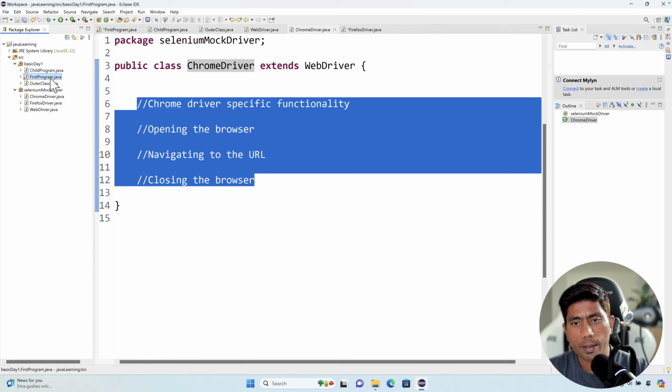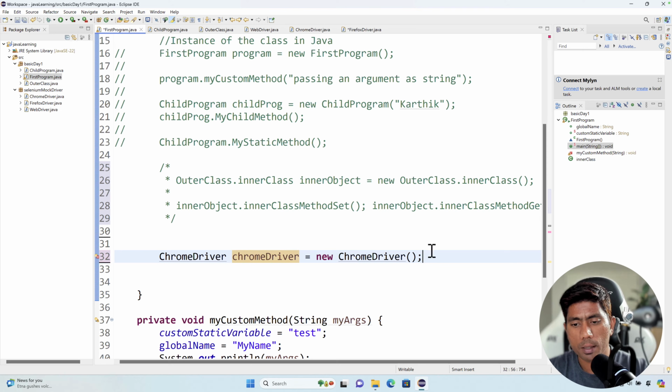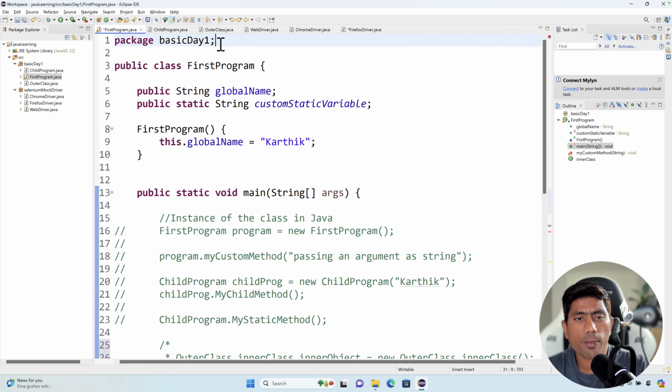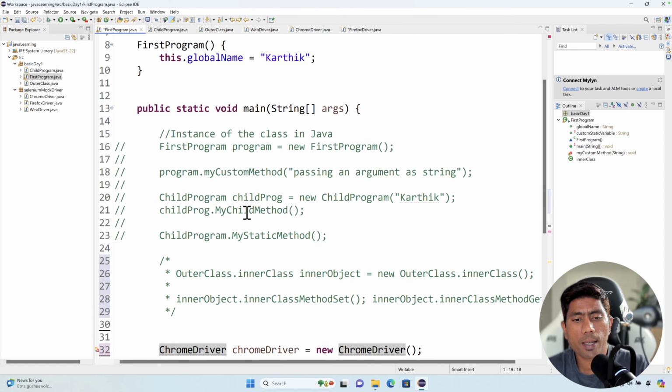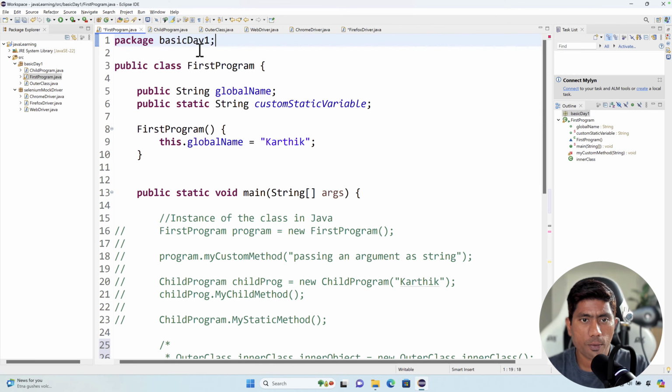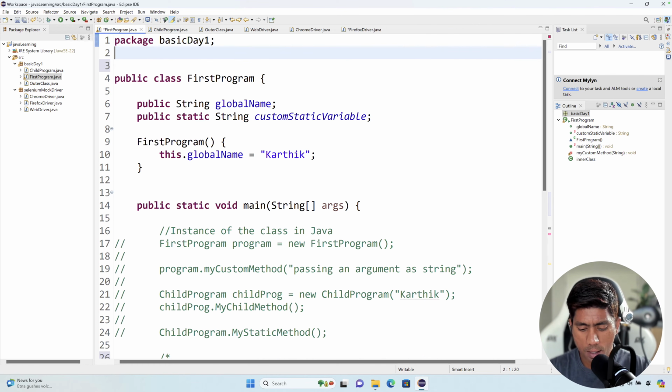But now if I try to create an object like Chrome driver is equal to new Chrome driver, it also shows me a squiggly line over here saying that it couldn't import. See, there is a cross symbol because this is the first time we are accessing a class from a different package. You see that this is a different package, Selenium mock driver. So what we have to do while we access a class from a different package in another package, is what is called an import,